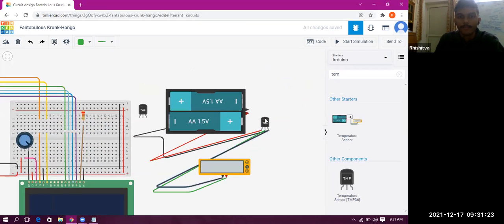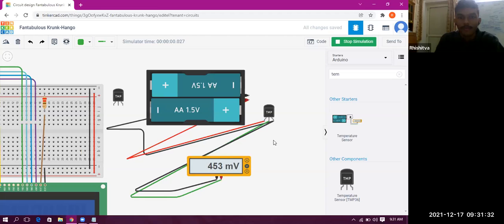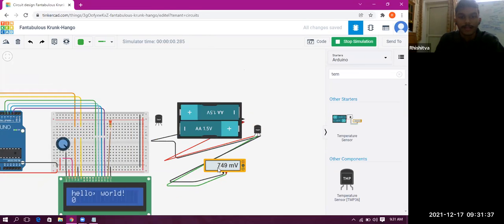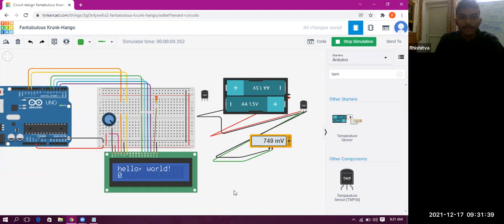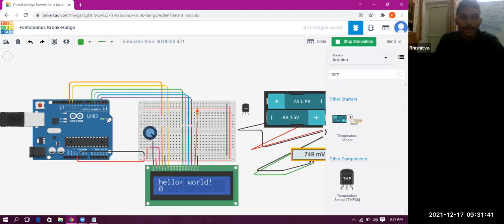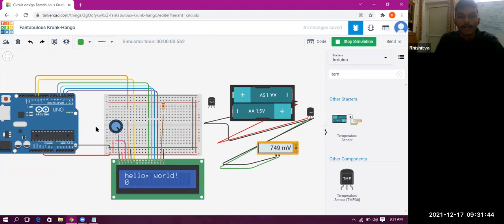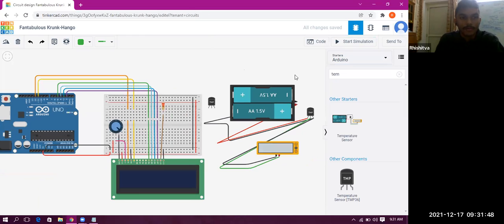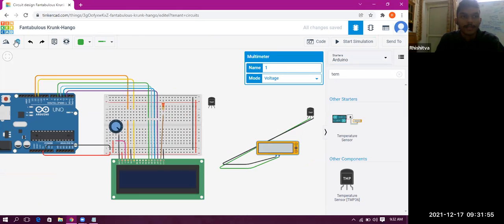If you see over here, the temperature sensor is there, there's a voltage and there is a multimeter, so it will give a value in the multimeter. Let me just start the simulation. See, it gives a value in some volts, right? This is the electrical signal that I was talking about. This volt value will go to this Arduino, and then it will do some calculation that we will enter in our code, and then it will be able to produce a Celsius value, or Fahrenheit, in whichever unit we want to use. You can do some mathematics and get the value.